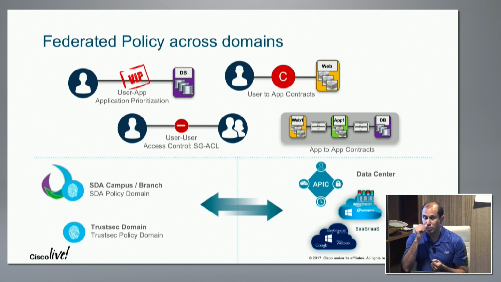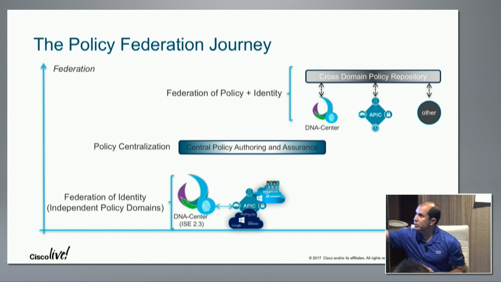Because what can easily happen here is you can basically have one domain step on the toes of the other, right? You do not want to necessarily have an environment where you have to centralize everything, although that is the intermediate step that we do take, right? So in an environment, before we get to the federation of not just the identity, but the identity plus the policies themselves, there is an intermediate point where, if we start down here at the federation of identity, and then we want to get to the federation of policy plus identity, in the middle, when we're just federated identity and the domains remain independent for policy enforcement and policy definition,